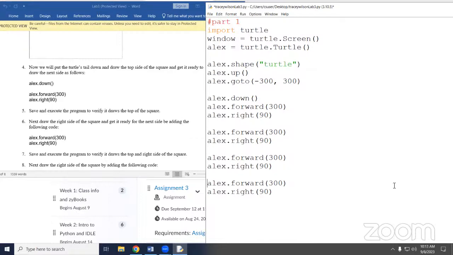And you don't have to put all these extra spaces in there. I'm doing it just where you guys can see it here in class. But a square has 4 sides, so I need forward and right 4 times. Yes? Cool.